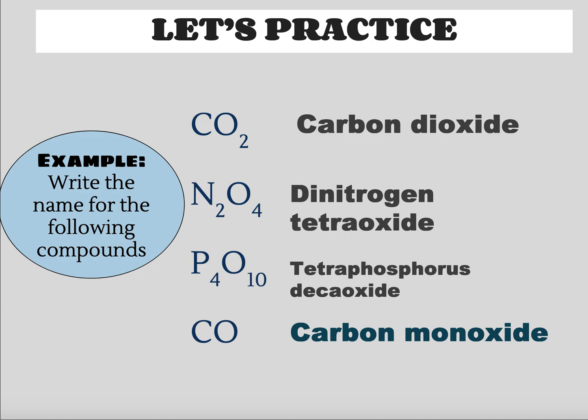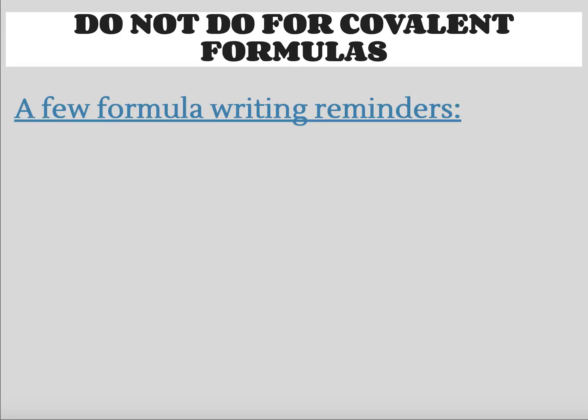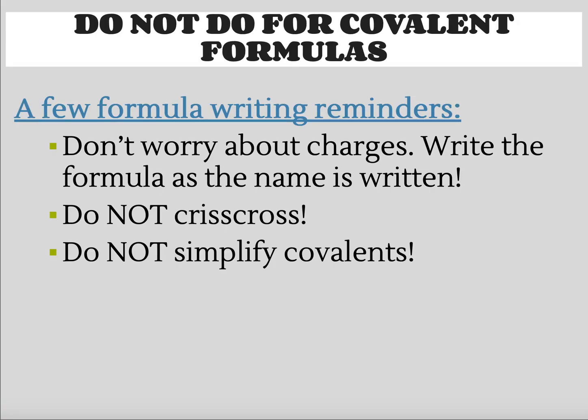Simple, right? Now let's go the backwards direction. A couple of reminders. This is important. This is one of the more common mistakes that students make, because we spend so much time dealing with ionic compounds and naming ionic compounds and writing formulas for ionic compounds. You're so accustomed to looking at that pink sheet to find the charges that when we get to covalent compounds, you continue to do that. But remember,